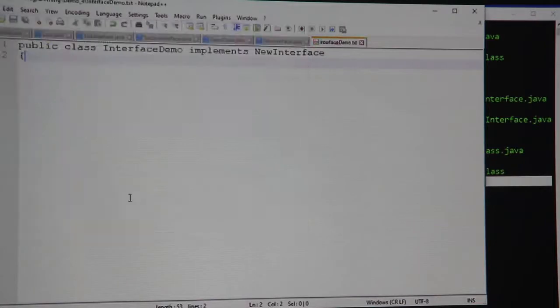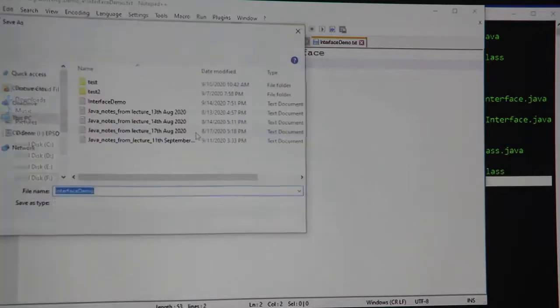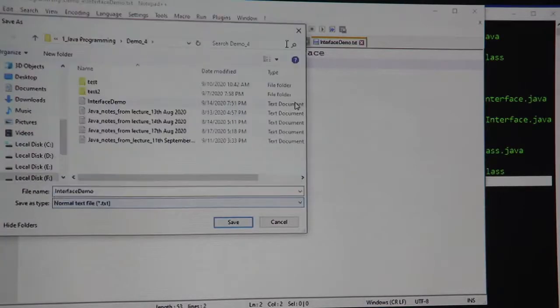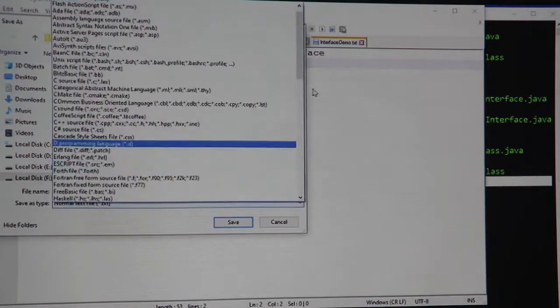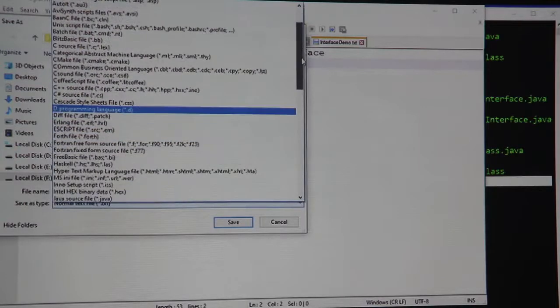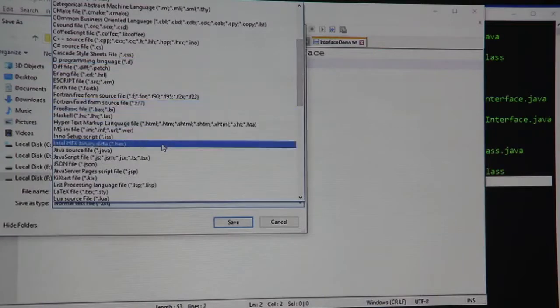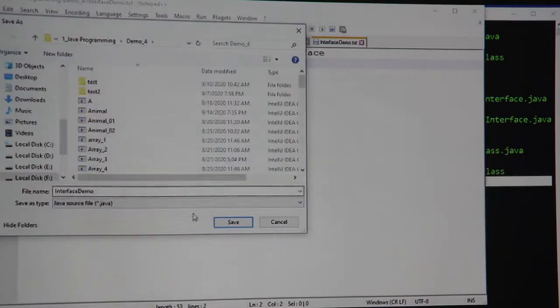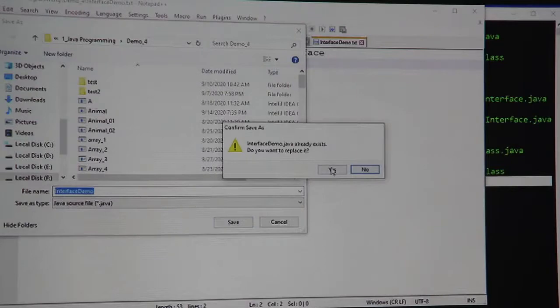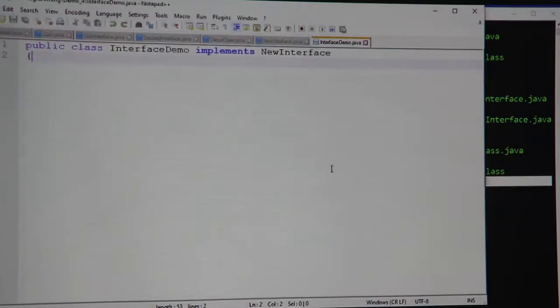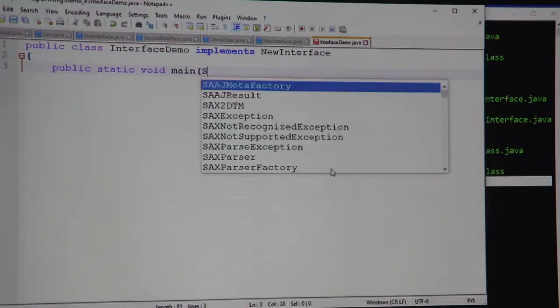Sorry, I saved it as text, so I have to actually save it as Java source. So let me quickly go and save it as Java source. So if at all there is an existing file, we will override it. And I'm going to now have my implementation here, public static void main string